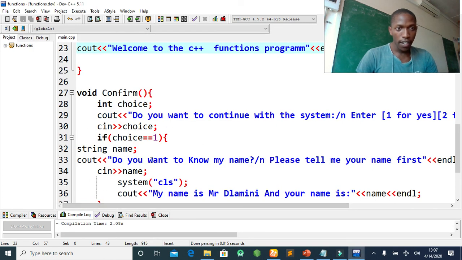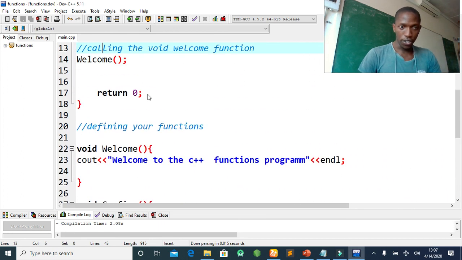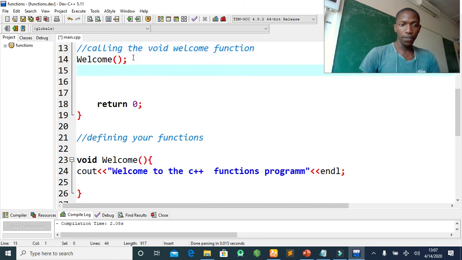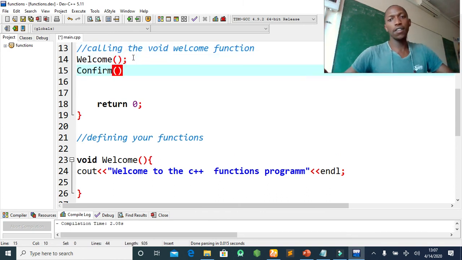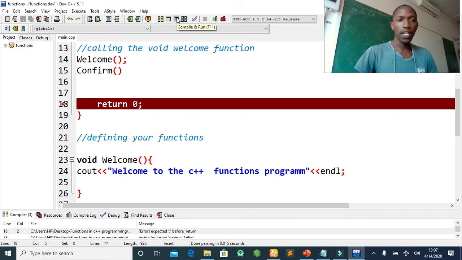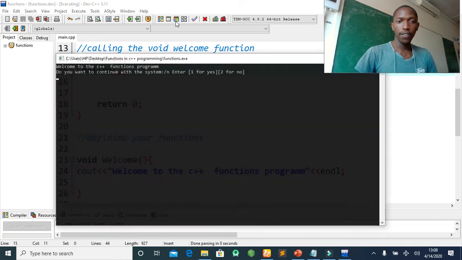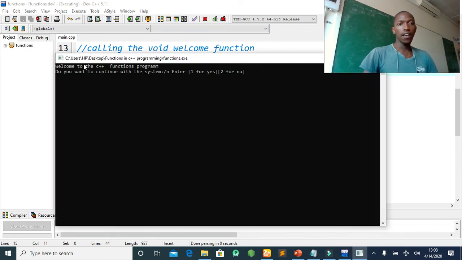Let us call the function confirm. Just after the function you can call the function. You can call as many functions as you can. Now I've called function confirm. Let's see what will happen. Oh, I have forgotten this semicolon, sorry. And then it says welcome to the